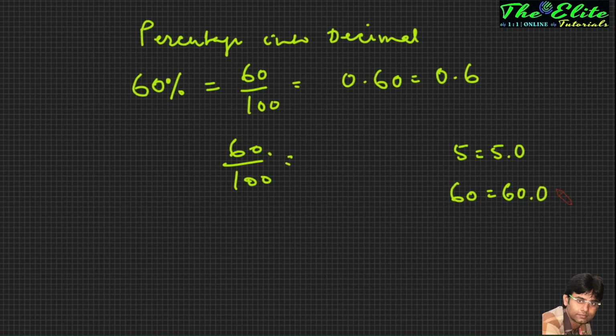Okay, or if we don't consider this because we don't need to use these zeros here, because we are going to divide this 60 by 100, the decimal point is here. For each zero in the denominator, we are moving towards the left one digit place. Okay, and now suppose we are removing this zero from the denominator, my decimal will move up to here. For this zero, my decimal will move to this place. Now the new place of the decimal is here, and that is why we write like